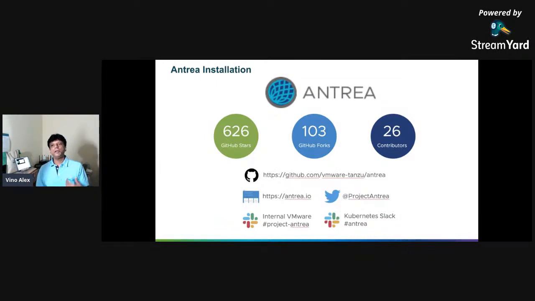So Antrea has a capability to do plugin chaining. Plugin chaining means your cloud provider CNI will work as your core network provider, and using Antrea you can enforce the network policies. So that's how you can take the benefit of both worlds, right? You can use the Antrea controller to enforce the network policies. That model is currently supported in AWS, and it's quickly being added to GCP and Azure also. So that's a kind of advanced level implementation, but it is worth giving a try to Project Antrea.